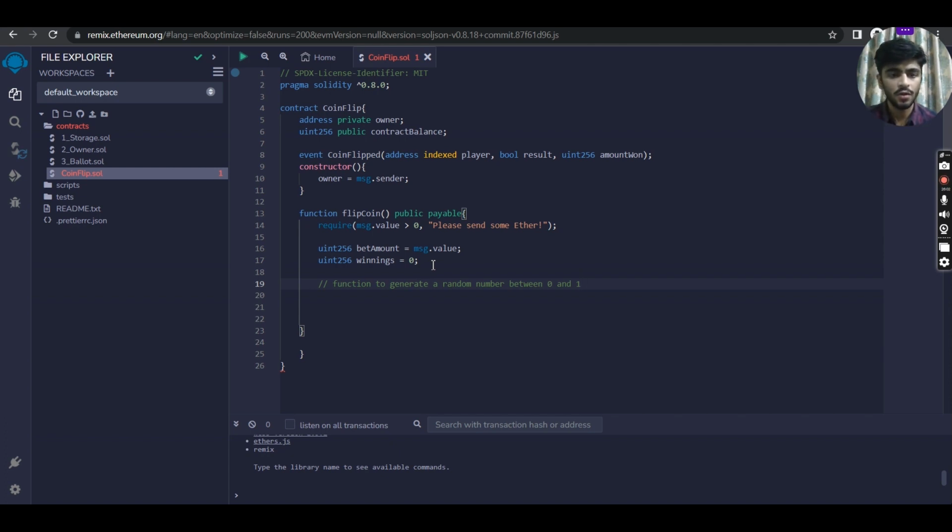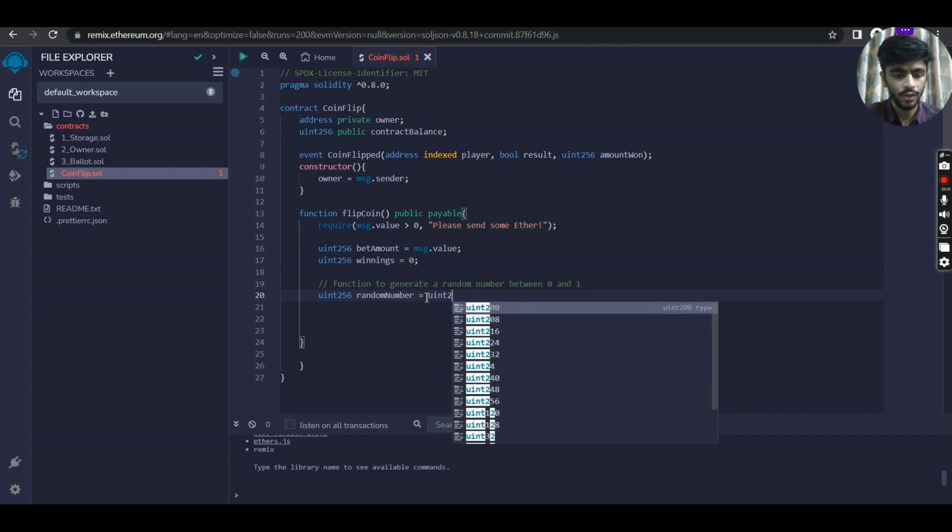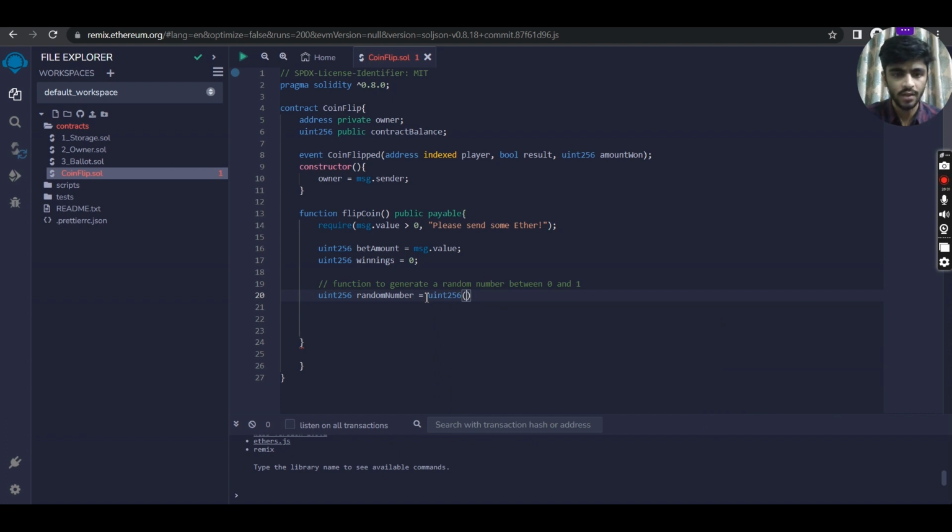Let me first write down the code and then I will explain how a random number is being generated here. uint256 randomNumber. This I hope you must be knowing. This is the camel case format. I guess you all must be knowing that we are using the camel case convention. uint256